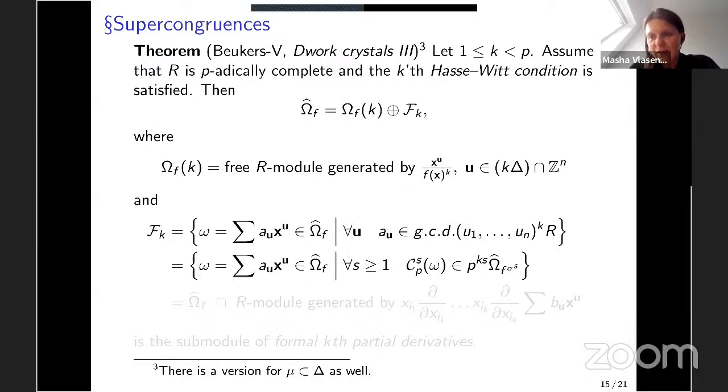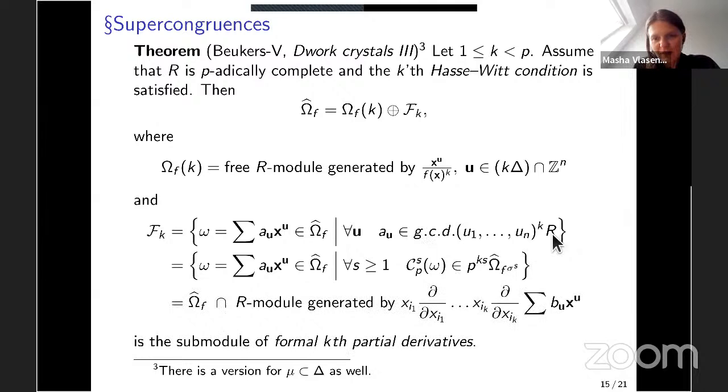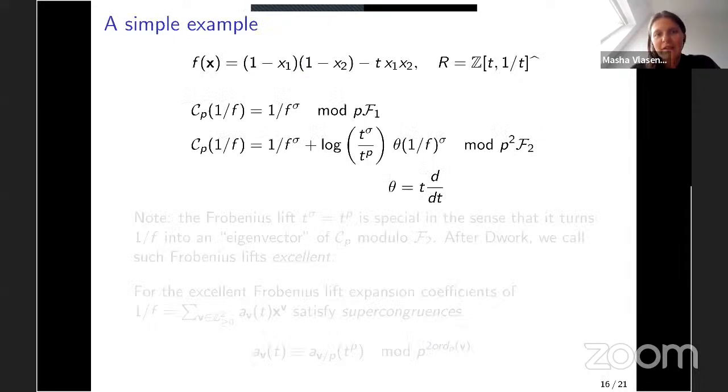So this is the decreasing filtration. When we increase k, the requirements are stronger. And then one can prove again that this divisibility condition is equivalent to being generated by k-th partial derivatives. All right. So with this theorem, we can do the following. Let's look,